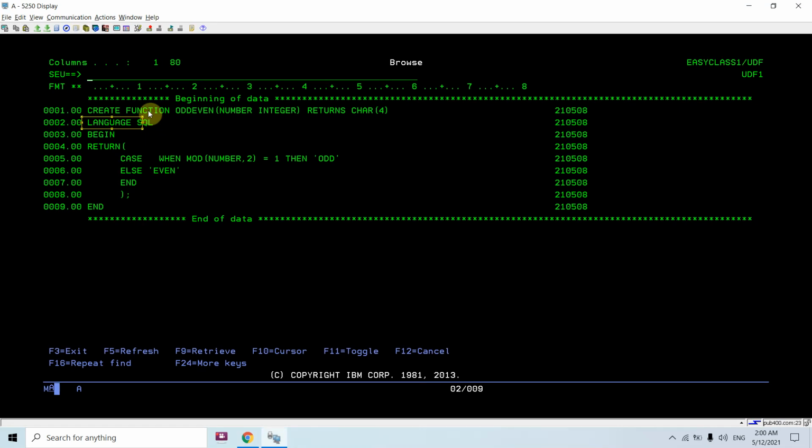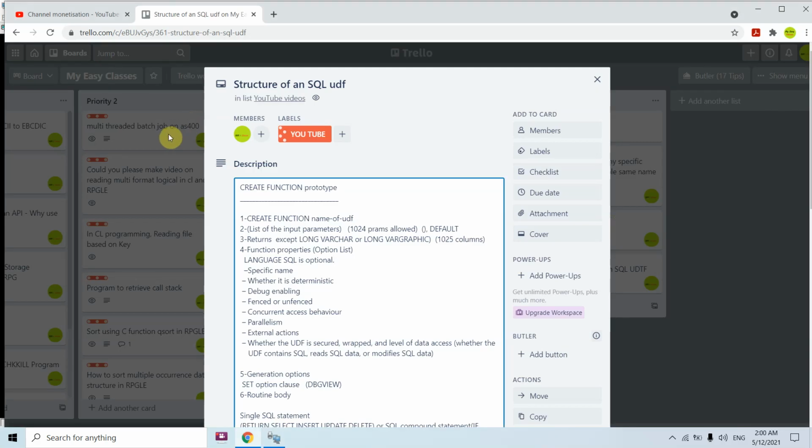If I do not specify LANGUAGE SQL here, the default language would be SQL. In case I have not defined this, it means I am creating a SQL user defined function or a table function. So it is optional, but we can specify it.